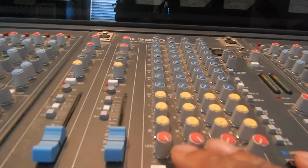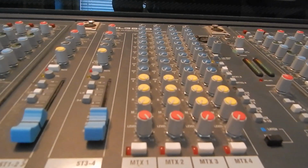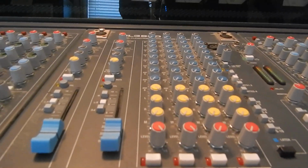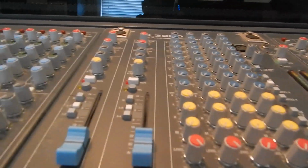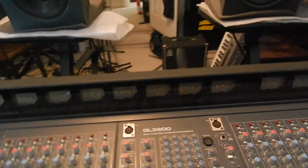So if you set your DAW up to be able to receive, you set up your interface. You set your interface up to receive, whatever type of interface you're using. You set that up. So I'm going to show you, for example, on the matrix output,